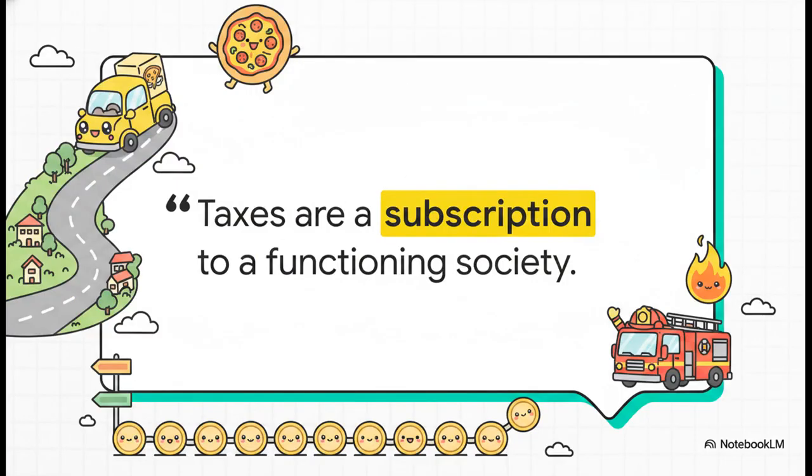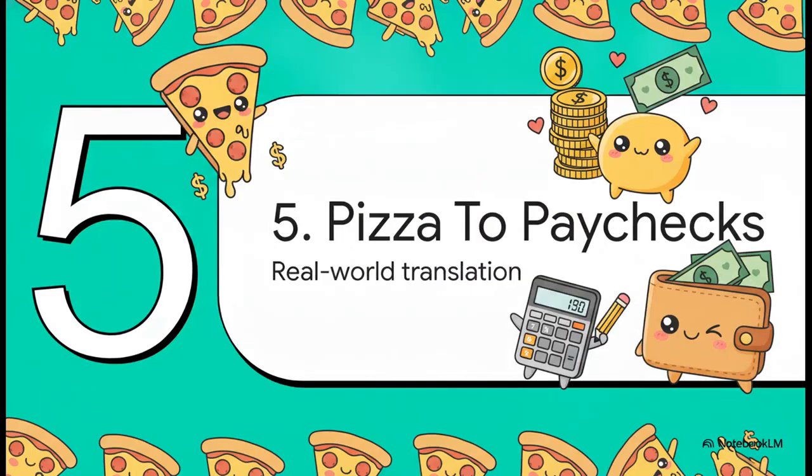And this highlights exactly why this matters. To quote the rule of thumb here, taxes aren't a punishment for eating more pizza, they are a subscription to a functioning society. Pooling our tokens is literally what makes the party safe, functional, and honestly, enjoyable for all 10 friends. Without those tokens, there's no road for the delivery guy, and there's definitely no firefighter if things go terribly wrong. Let's move to part 5 and see how this builds into the real world, from pizza to paychecks.